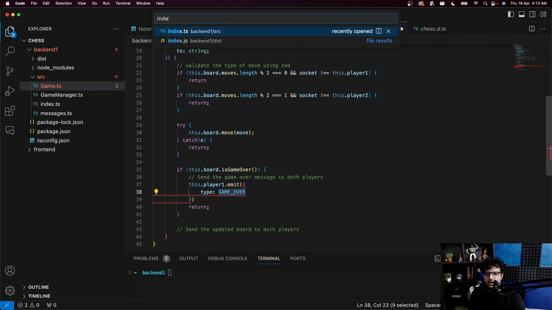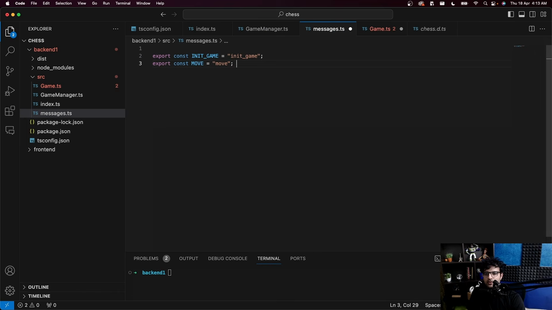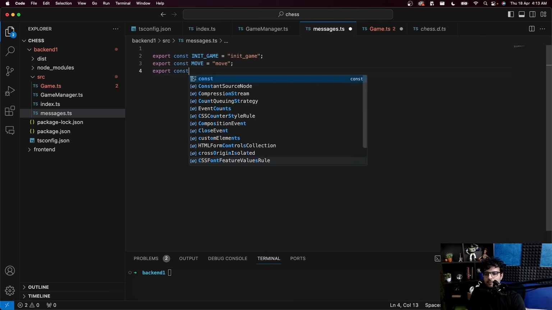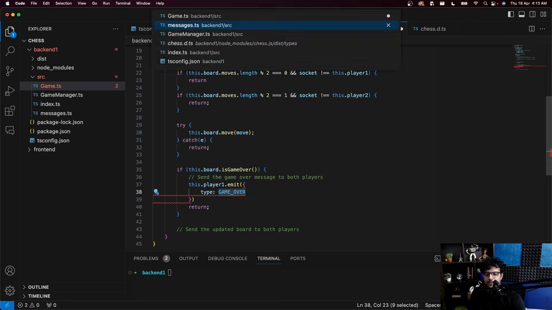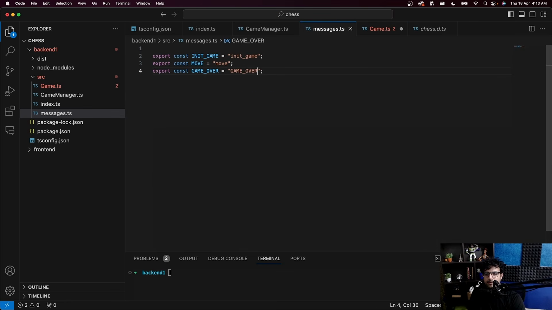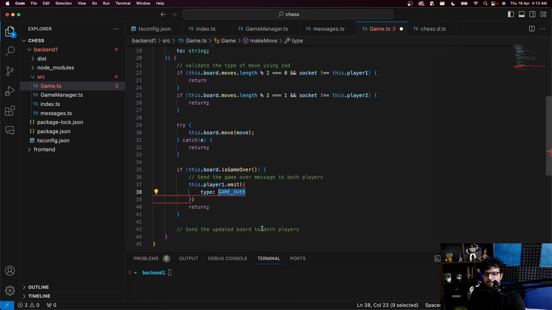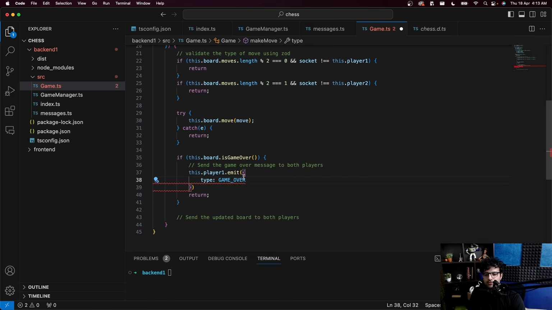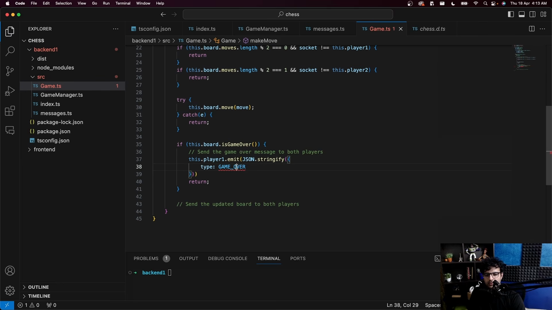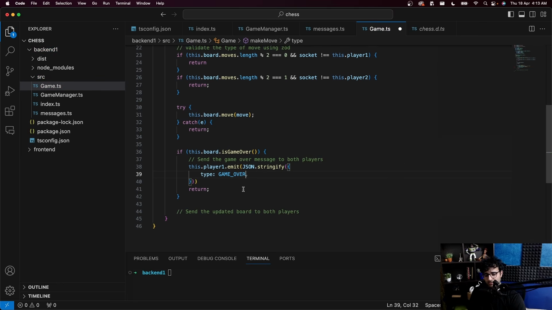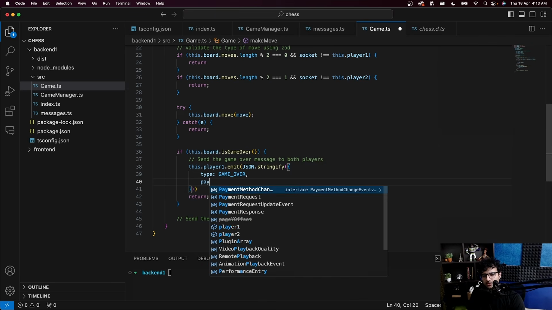Let's go back to messages.ts. And you need to stringify it because you can only pass strings via a WebSocket server, or via all WebSockets. If game is over, then send them this and let them know why it is over. Payload